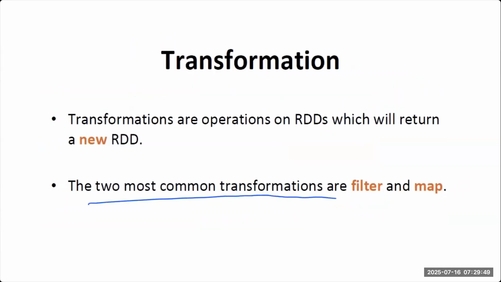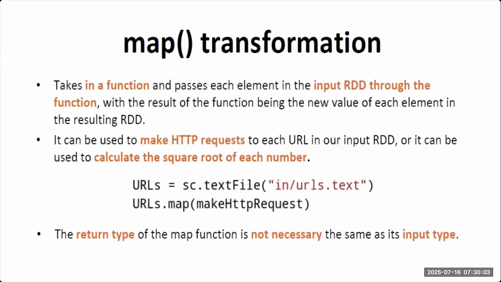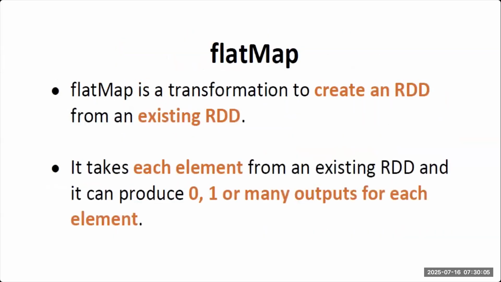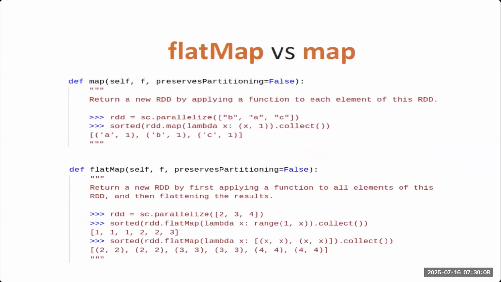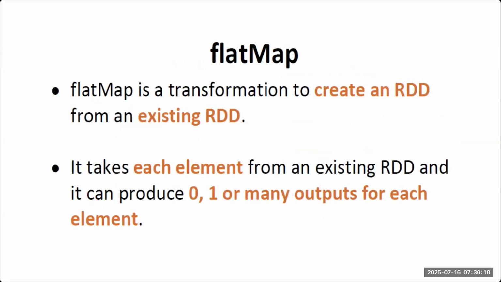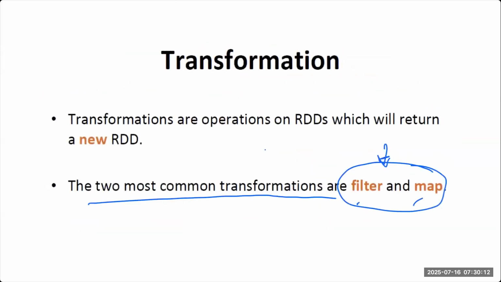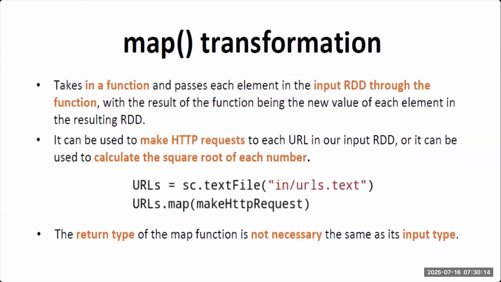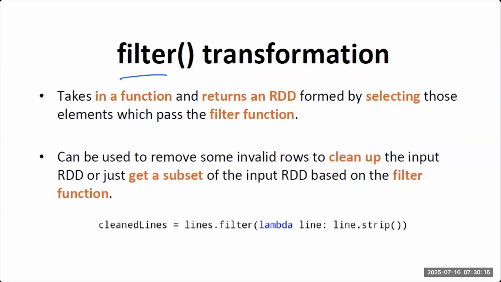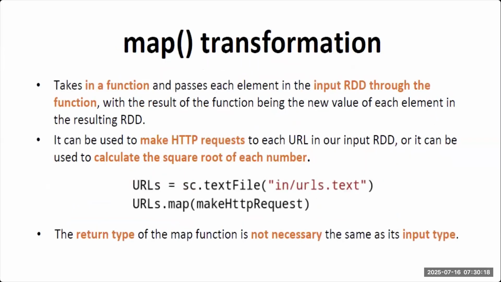The two most common transformations are filter and map. Just remember these because we are going to use them further. Filter, you understood, will filter the data. Map will write,